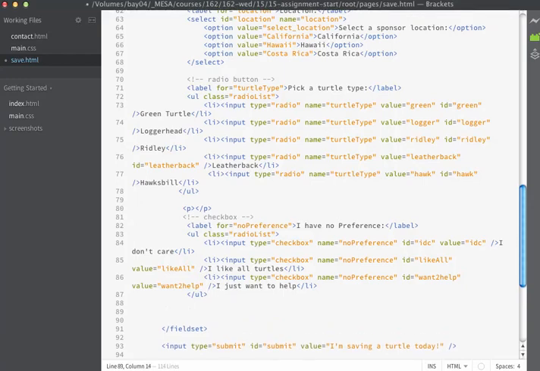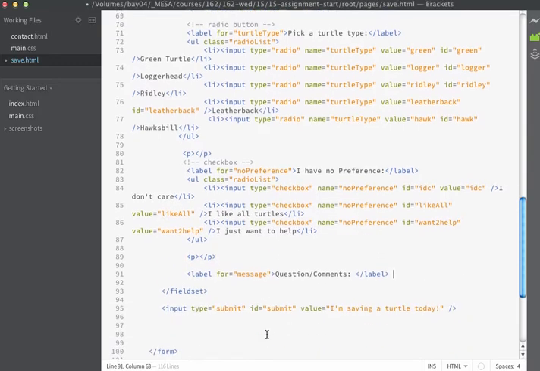The next item that we're going to add to our form is going to be a text area box. Text area boxes allow your user to put free-form comments, questions, or descriptions. The text area element can be configured as a scrolling text box, or if that's not necessary, the scroll bars will not display. So as usual, I'm going to start off by creating a label, and the label is just